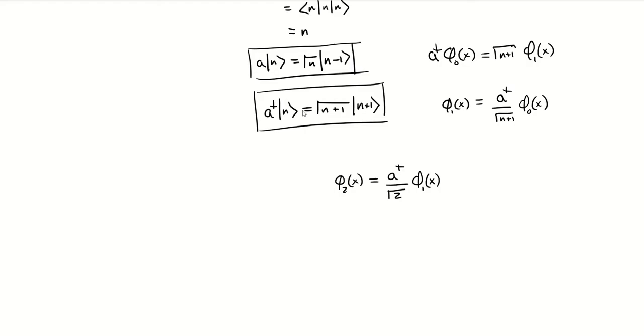And essentially what this brings up, if in general we want the nth state wave function, it's going to be 1 over the square root of n factorial, because this n plus 1, n is going to keep coming out, times a dagger to the n times phi of 0 of x. You can sort of see this little recursion relation where if I plug this into here, I'm going to have the 2 times 1 in the square root here. That gives me this n factorial.